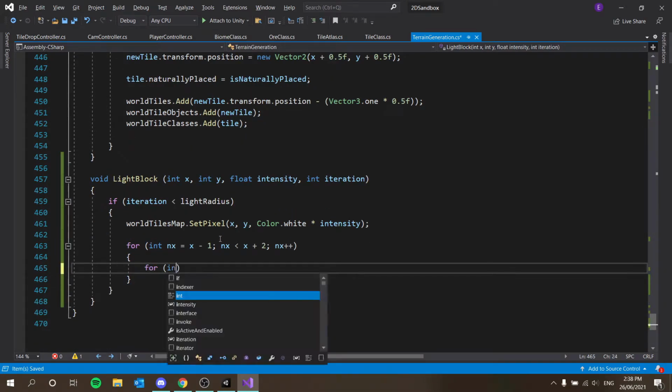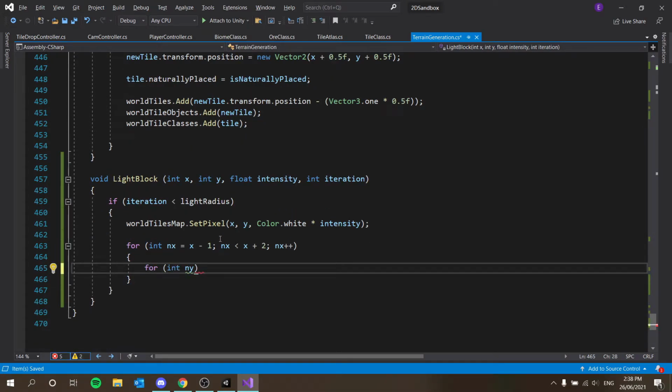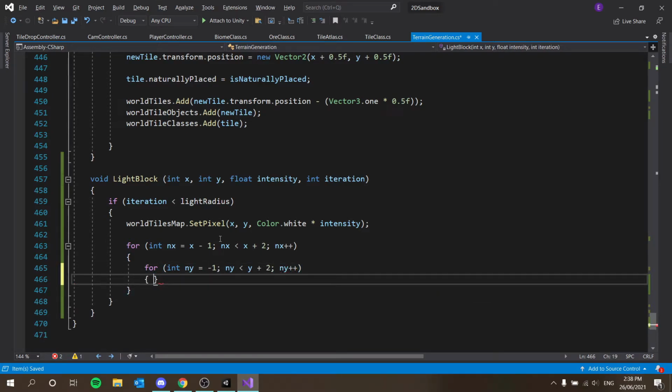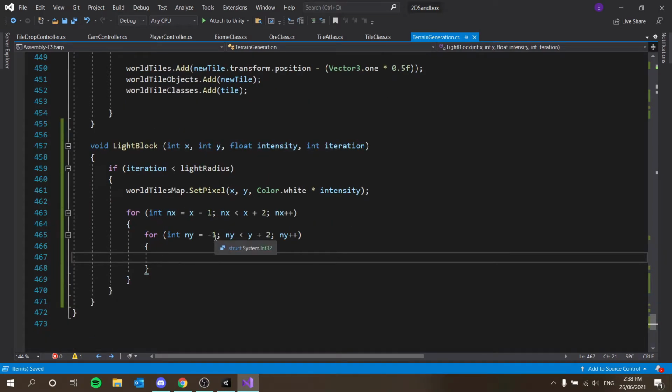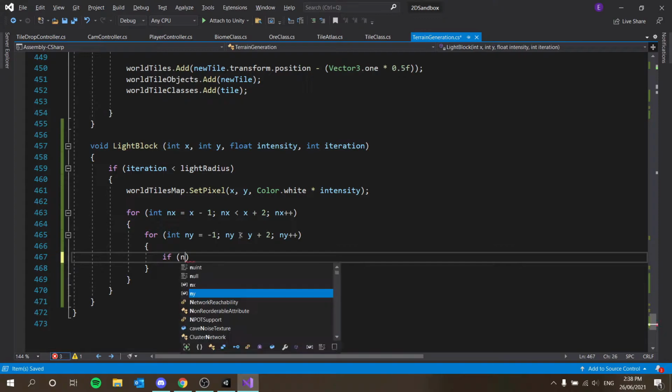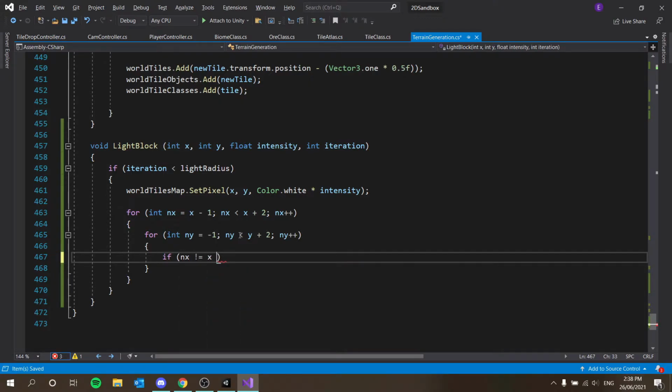So for int neighbor y, or ny, equals y minus 1, ny less than y plus 2, ny plus plus. Nice and easy. And then we just have to make sure that the current block we're looping through is not our original block. So we're going to say if nx is not equal to x, or ny is not equal to y,